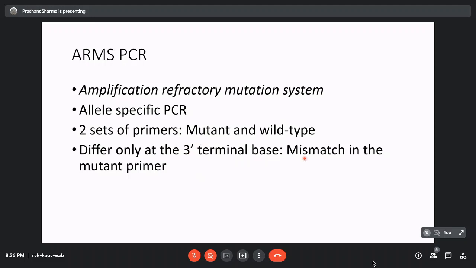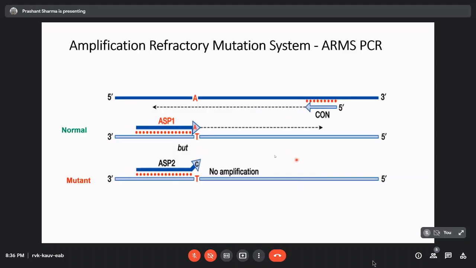Basically the mutant primer has a mismatch with the wild type sequence, but a match with the mutant sequence at the 3' end. And to make it specific, sometimes you can introduce other changes as well. So how does it work? We have two primers, so we normally set up two different tubes. When we put in the normal primer, if the patient has the normal allele, it is going to bind perfectly, and the 3' end binding is extremely essential for a proper PCR reaction. So you're going to get a product. The amplification will happen.